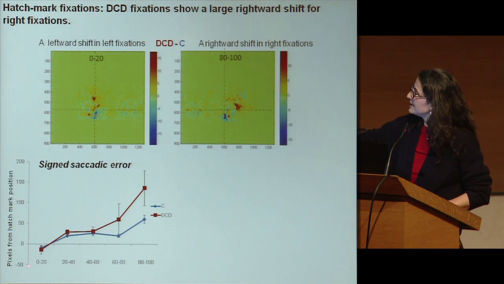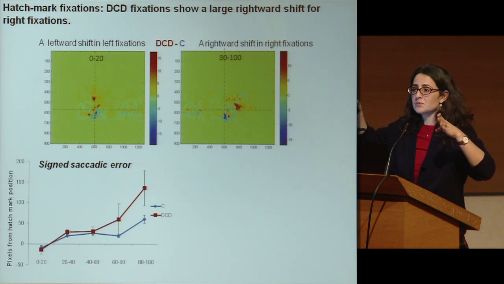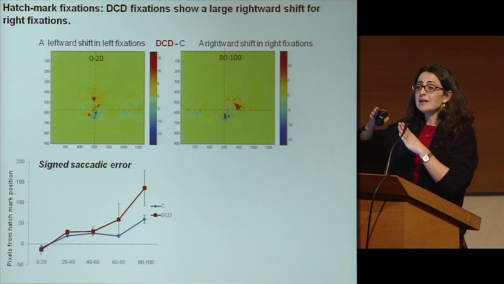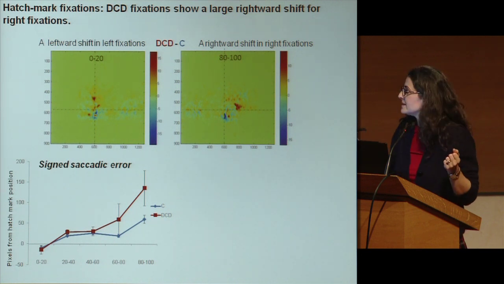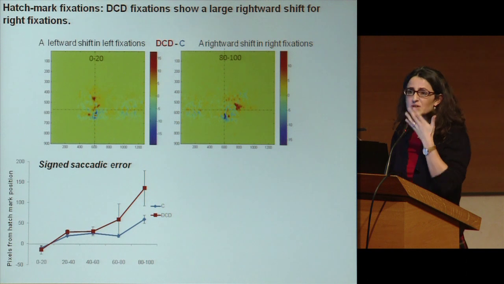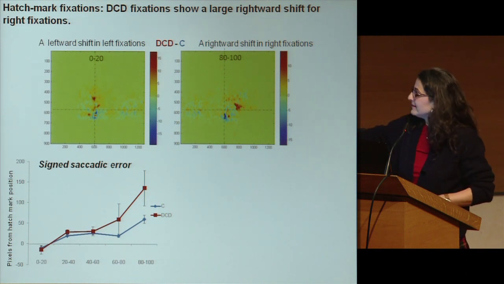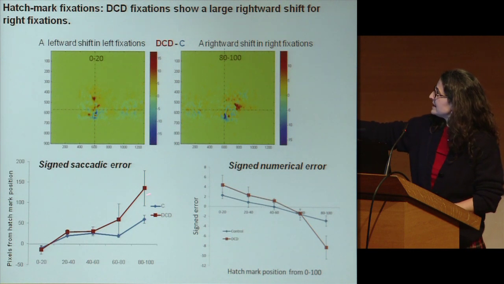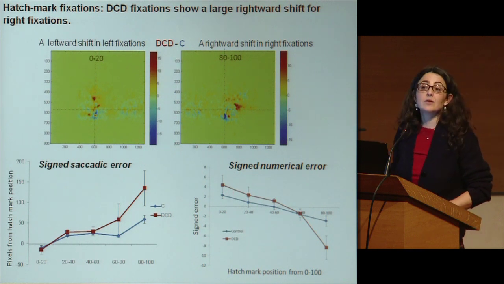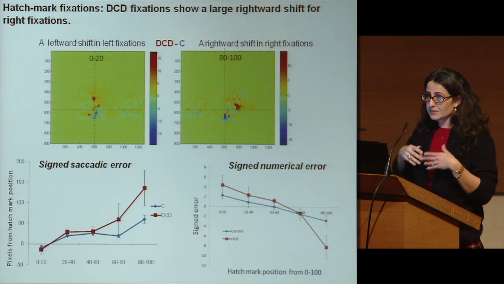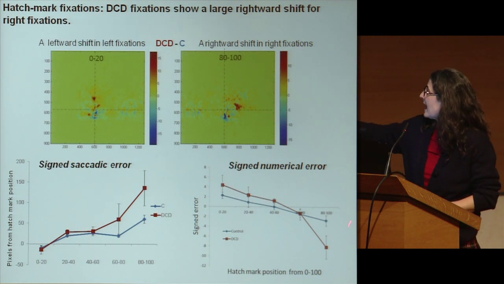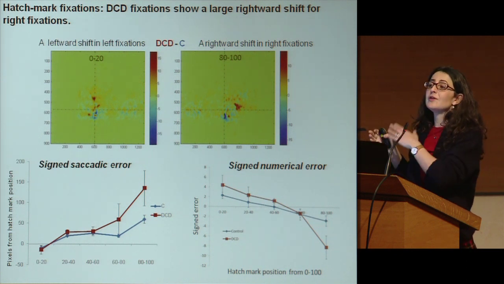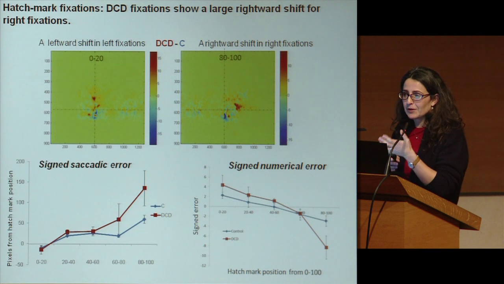In fact, here we can plot the saccadic error as a function of the position of the hatch mark, and you can see that the error increases as the hatch mark goes to the right of the visual space, which is an interesting effect, which I'm not aware we knew before. Interestingly as well, this effect can be directly related to the pattern of signed error. Indeed, it seems that dyspraxic children, instead of looking at the hatch mark, looked more to the right of it, and this corresponded to a further underestimation of the number corresponding to the hatch mark position,